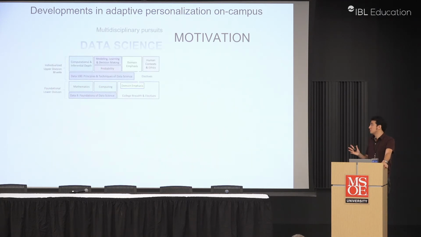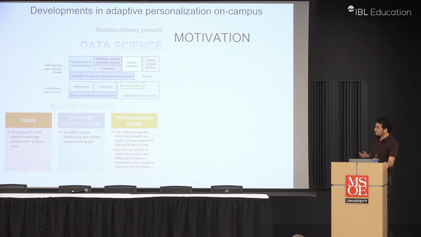And that is there's nascent multidisciplinary pursuits like data science, where learners on campus are seeing the importance of data fluency. They may be sociology majors, they may be psychology majors, and they are frequently wanting to ask for advice, saying, okay, what course should I take given my background to get into this, right? To get some fluency in this area, right? Can you personalize some advice to me? So that I can exhibit this multidisciplinary abilities.